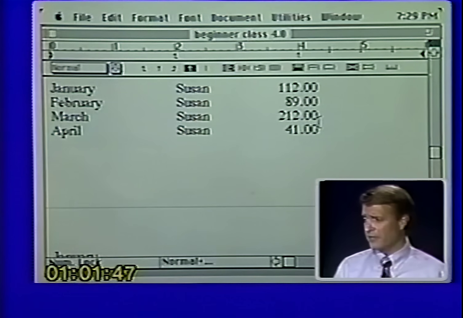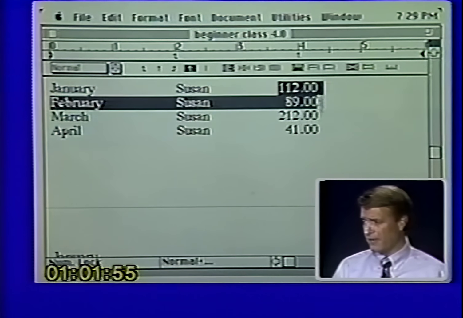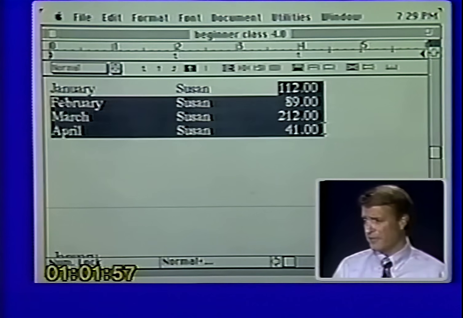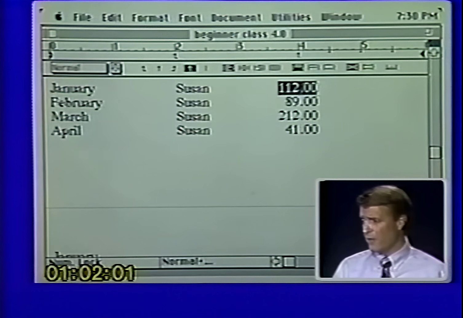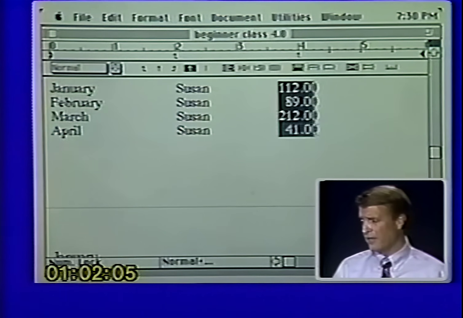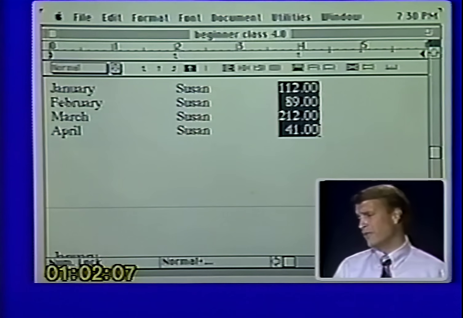And you'll also notice that's the first little problem you're going to have. Now watch what happens when I go and try and highlight this column of numbers. The 112, no problem. I drop down, and right now if I do that, I'm going to add up 3 Susans, February, March, and April, which is really not what I was trying to do. What I wanted to do is I wanted to come along and to be able to highlight the column only. I was doing this the other day, and a fellow in my class said, will mine do that? No, it's just mine. It's the only program that'll ever. All right, let me show you how to make that happen.